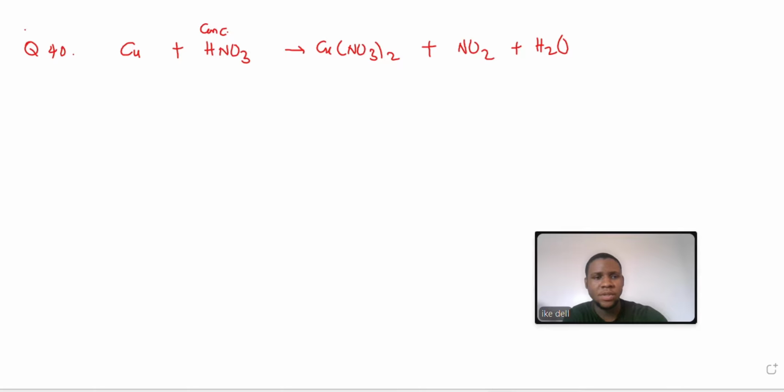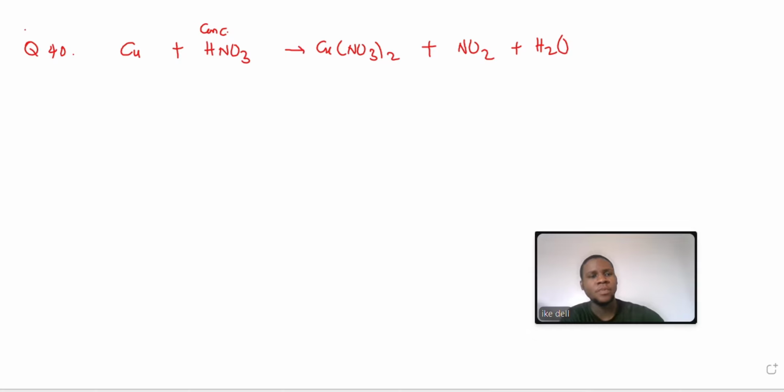So if this question on balancing equations is going to take a lot of time, then you can approach it this way, which is the algebraic method. That's what we're going to do. So this is copper reacting with conc HNO3, and then you're getting the copper nitrate and NO2